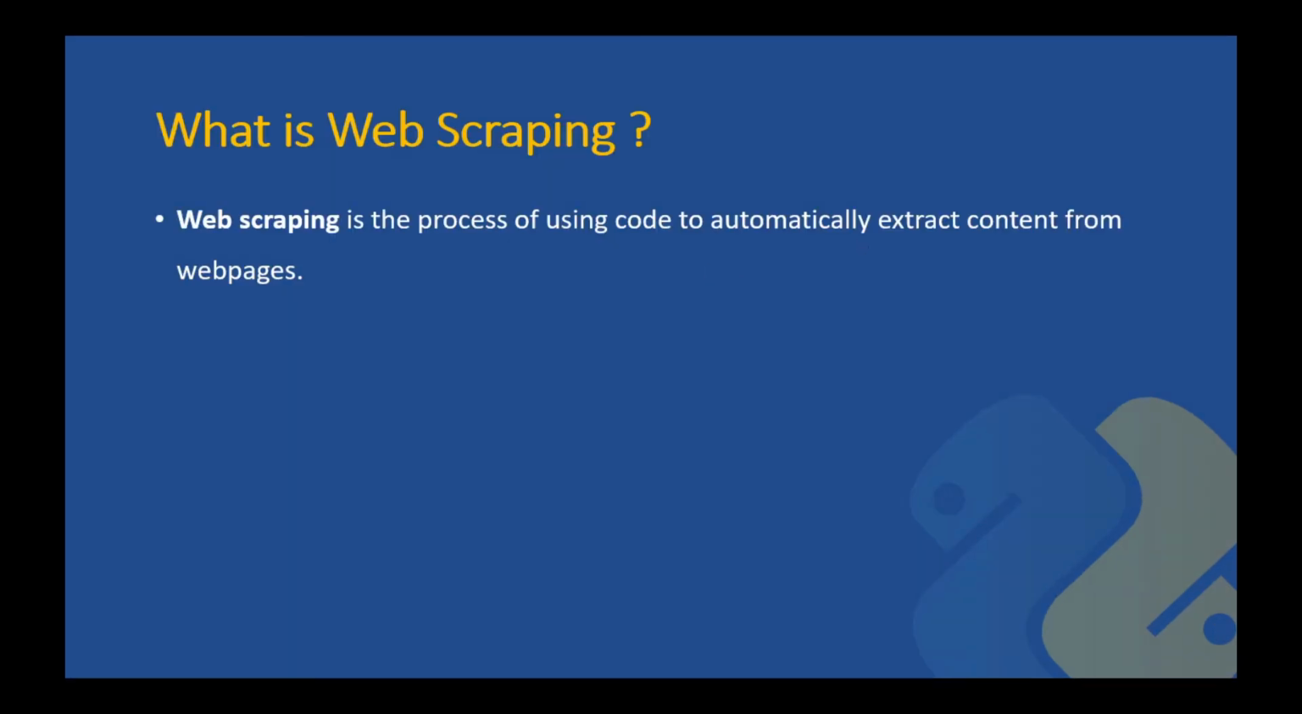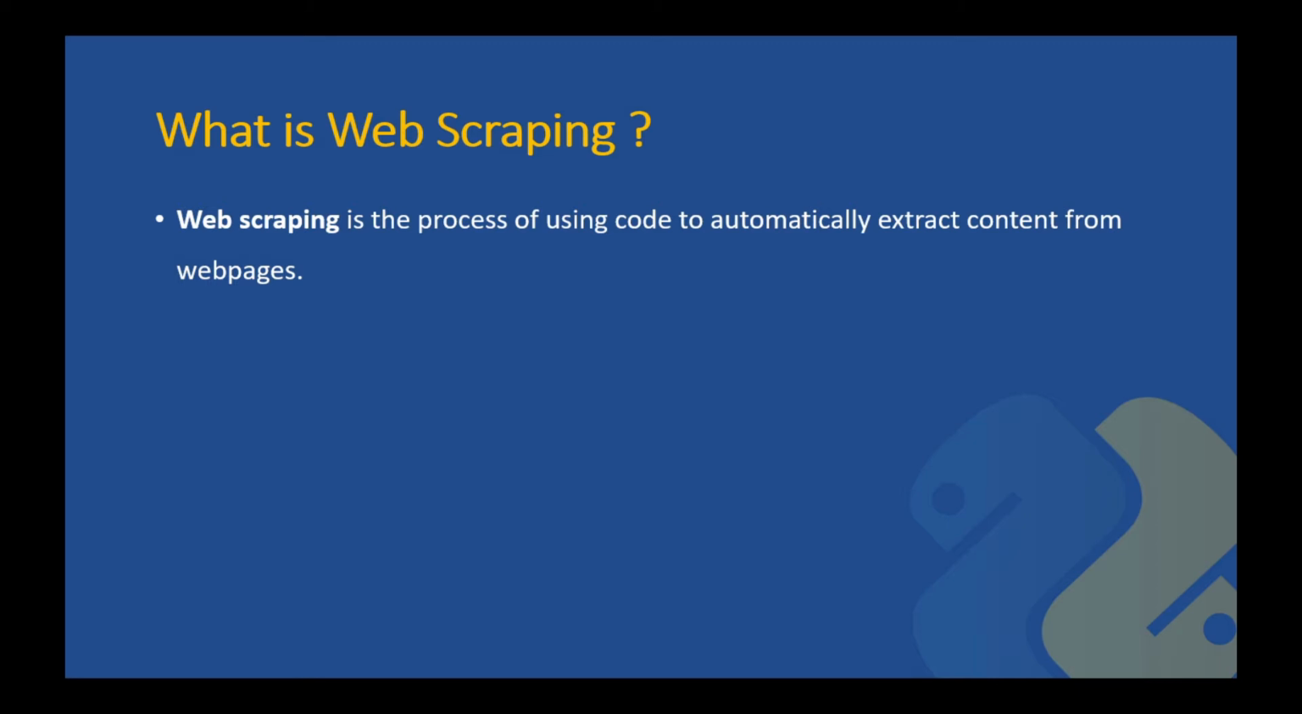Okay, let's talk about the definition of web scraping. Web scraping is the process of using code to automatically extract content from web pages. That is what we are going to achieve using Python, right? We are going to write a script that will make a request to an external web page, fetch its HTML code, and using a module called Beautiful Soup, we'll be discussing it later, we'll extract information from this